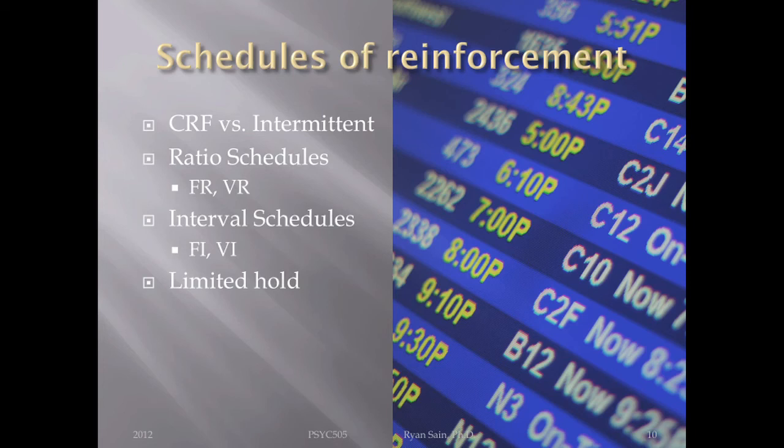Just think about McDonald's breakfast. 6 a.m. or whatever it is, I'm going to say 6 to 10. I don't know if that's really what it is. I think it's 6 to 10:30. Anyway, 6 a.m. to 10:30. So it's a 24-hour fixed interval. It's an FI 24 hour, so fixed interval 24 hour, with a 4.5 hour limited hold. Why? Because that first response is only available for 4.5 hours after that 24 hour period. Okay. If you wait even 4 hours and 31 minutes, the window is shut and you cannot order breakfast.